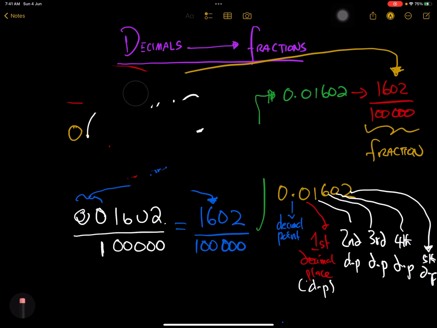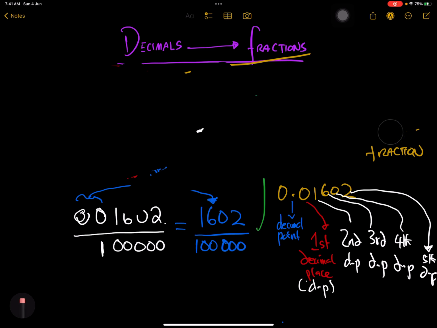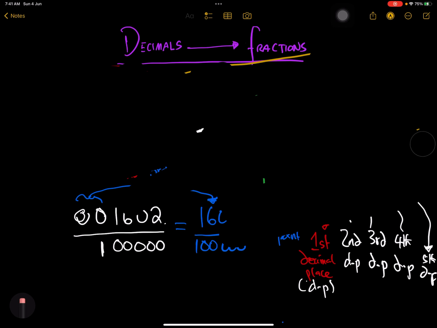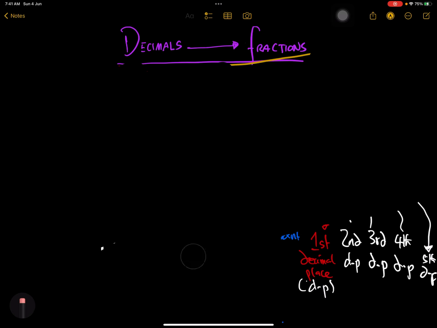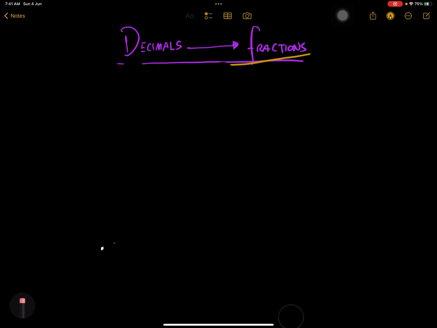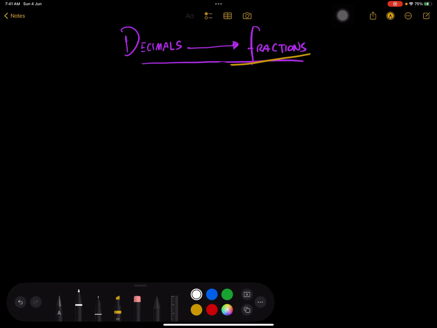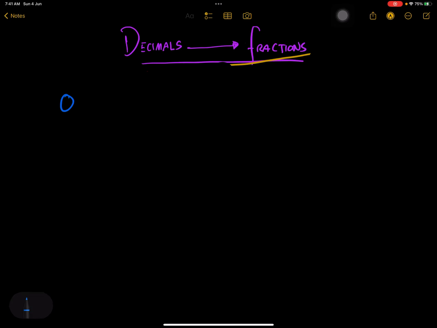So let's take a look at some examples. We'll take some decimals, and then we will try to find out their decimal places, and how we can simplify those decimals to their decimal places, which I think you will find fun. It's going to be very easy. It's not something that is complicated. So let's say we have